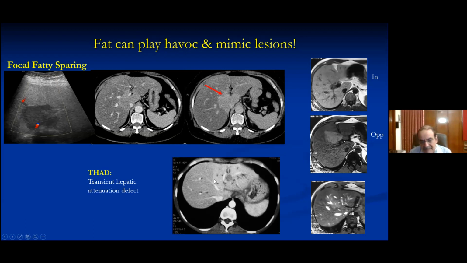Sometimes you'll see these very well-defined, sharply defined wedges of contrast enhancement in the liver. These are referred to as THADs, transient hepatic attenuation defect, or on MR referred to as transient intensity defects. These usually occur because of occlusion of portal venous branches, where arterial supply takes over. And sometimes a transient hepatic attenuation defect can be a harbinger of a more ominous lesion, as is seen in